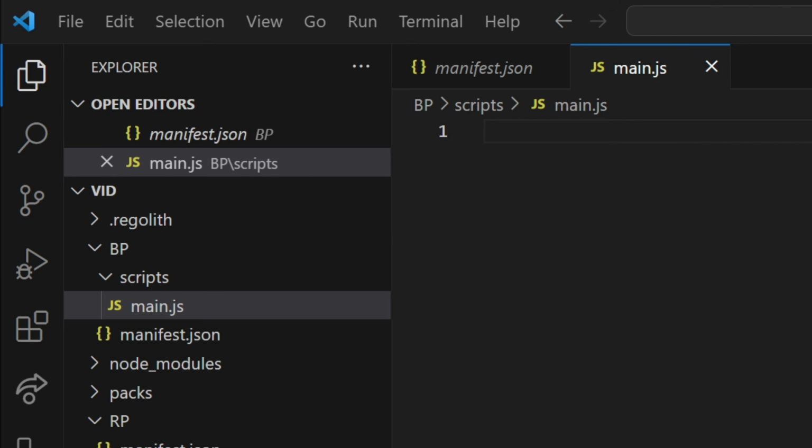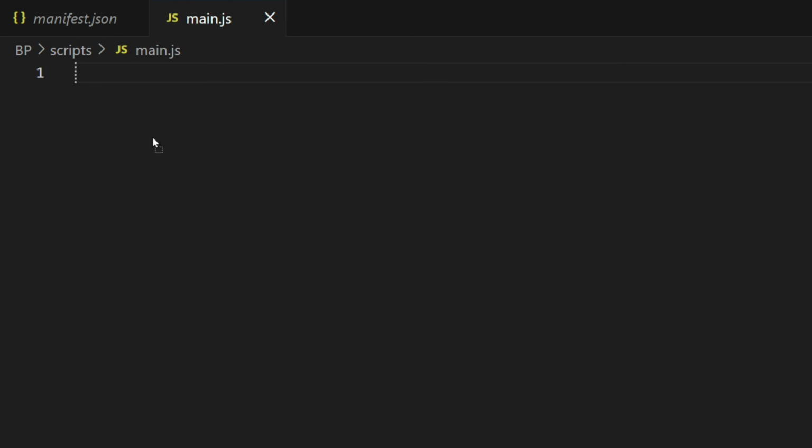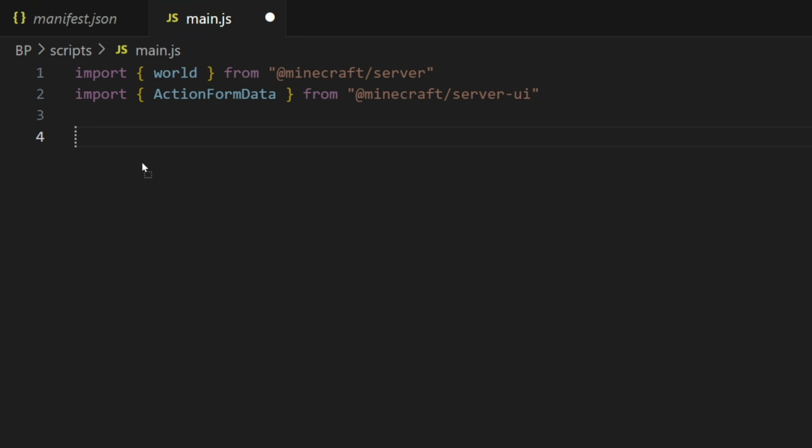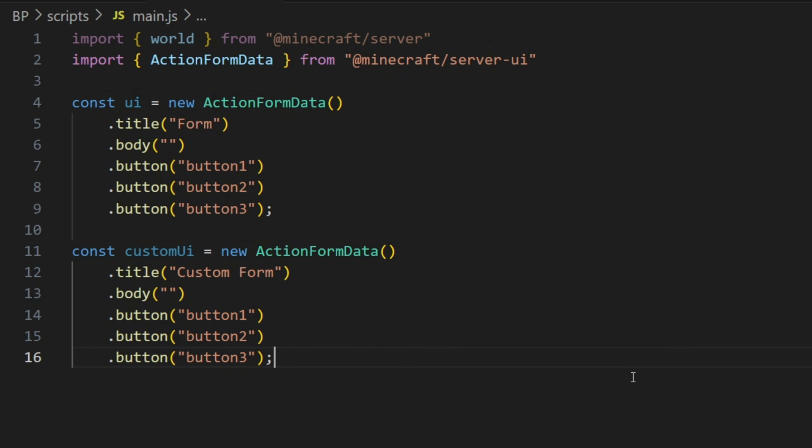The first thing that we want to do is to create two forms. One being the conditionally rendered one, while the other one stays the same. For that, I'm just going to import those two imports, which we're going to be using to create two different action forms. Each of them are being basically the same, with the only difference being their name. This is really important for the step that we do later on in the JSON UI part. So make sure they have different names.